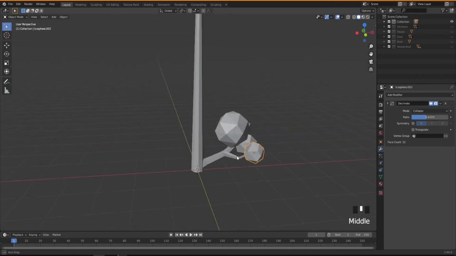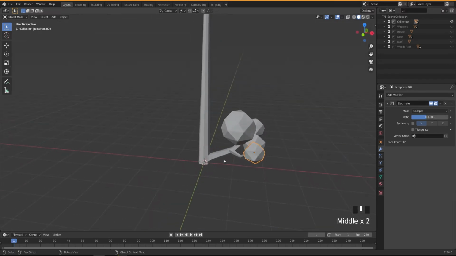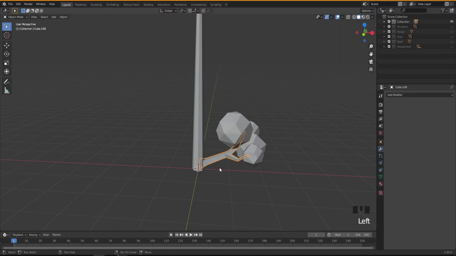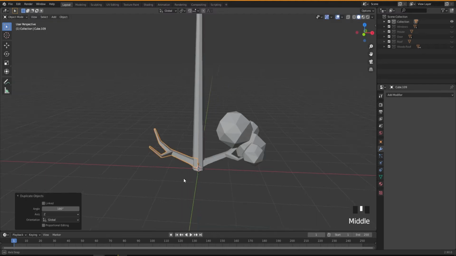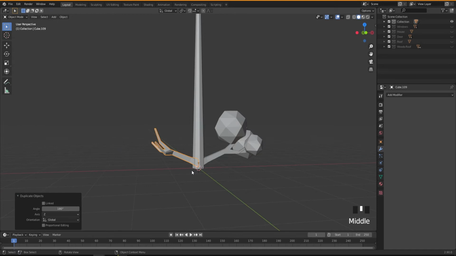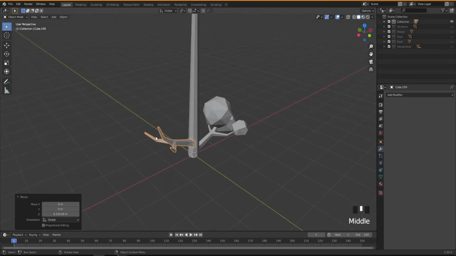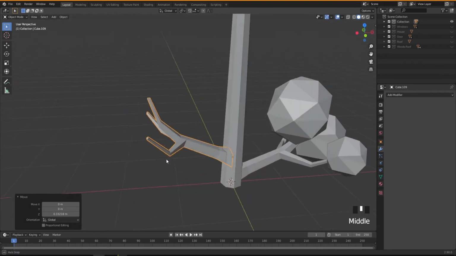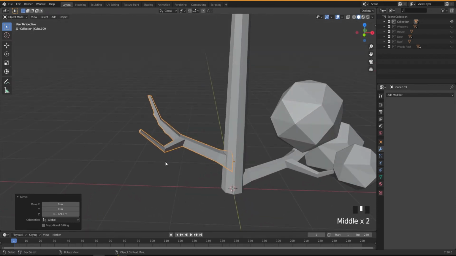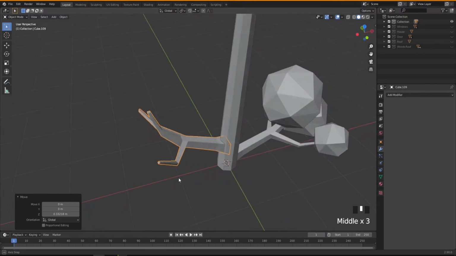So I'm gonna manually just copy this one to the other side. Shift D, Z, and then rotate like this, 180 should be fine. And I'm gonna move it up, G, Z a little bit, and then I'm just gonna go to edit mode and change a little bit because I don't want them to be exactly the same.